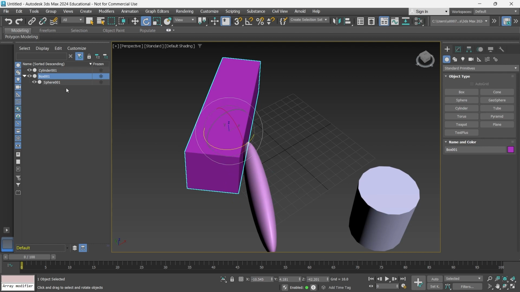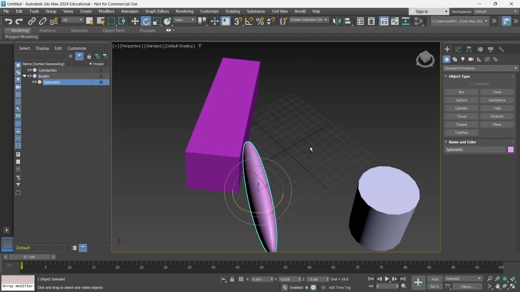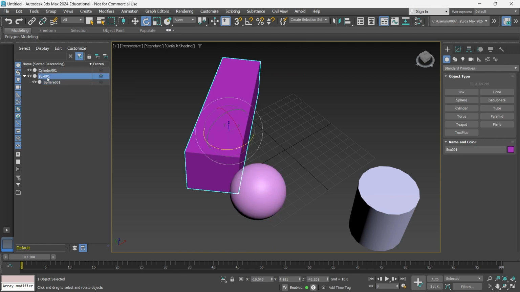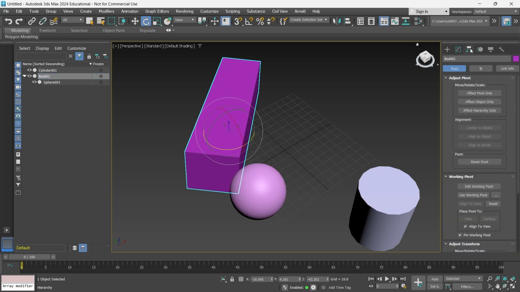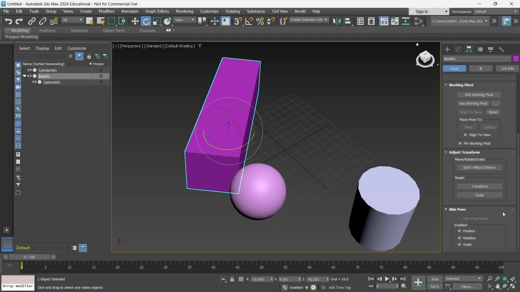So in order to fix this, if I just press undo a few times, in fact, I don't need to remove it. What I need to do is go in and reset the scale transform of this object. So I select the box, and I'll come over to the third tab along. We haven't used this one yet, but it's called the Hierarchy tab. And we'll scroll down near the bottom, and you'll see here there's a reset button and there's